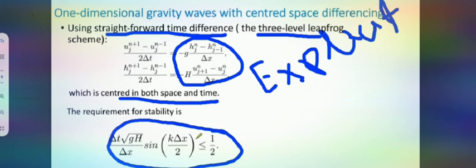And there are many computational approaches we applied here: center space and leapfrog 3-level time scheme, and that we applied for staggered as well as non-staggered. Clear? And what is the advantage between staggered and non-staggered? That is also discussed here. Okay, so in the next chapter, next class,